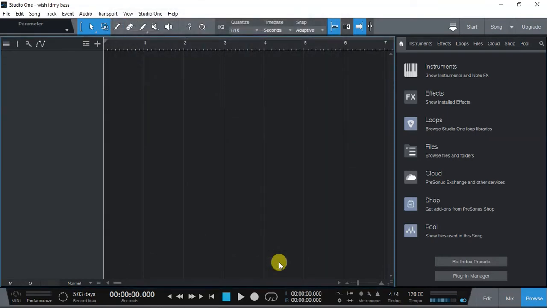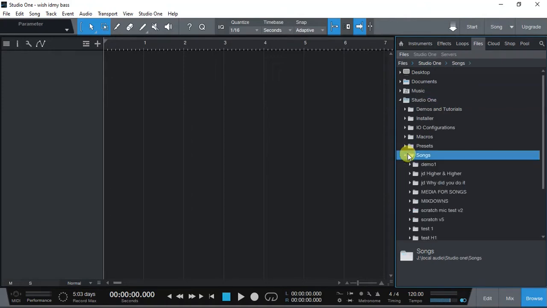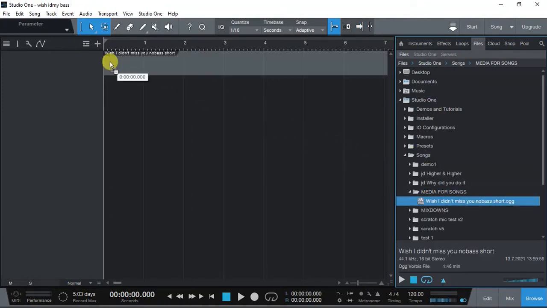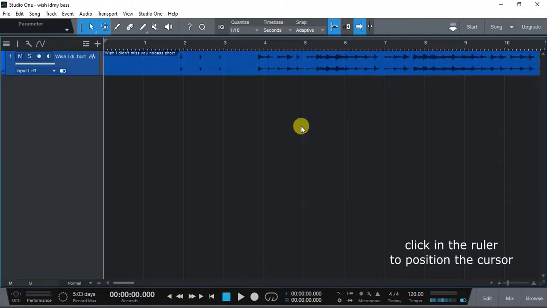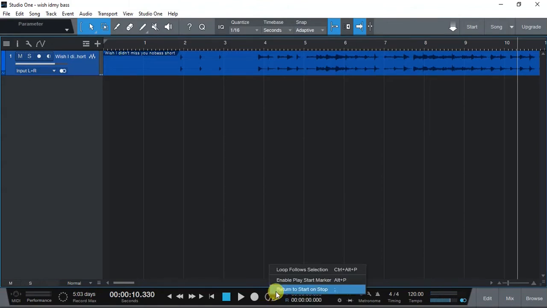The first thing we need here is the guide track your sound engineer has given you. So we'll use the Files tab to navigate to its location on your hard drive. And once we've found it, we just drag it into our song page. And we can close the browser. Let's listen to our guide track. Right, so I'd like the cursor to go back to wherever I left off. So if I right click on this, and click this, and try again,